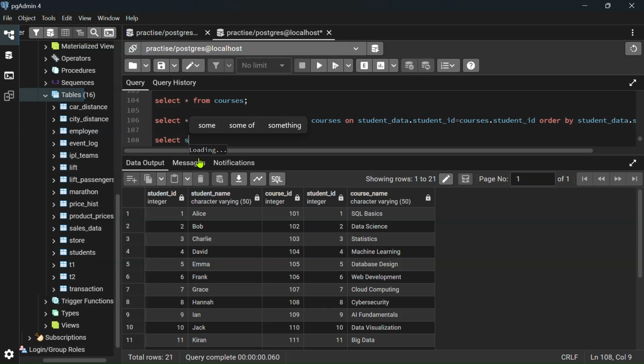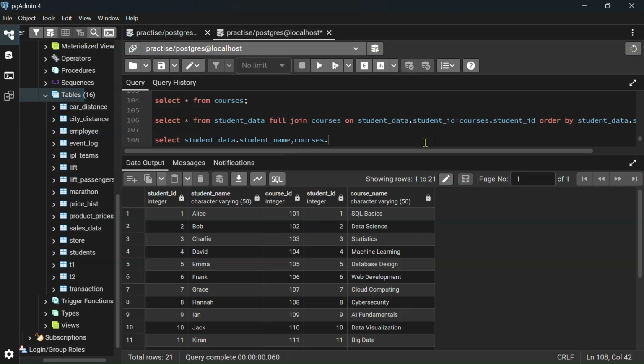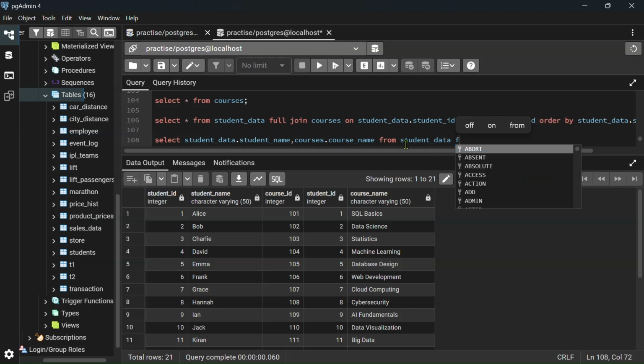So you have to mention student data dot student name, comma courses dot the column name of this table, course name, from student data inner join courses